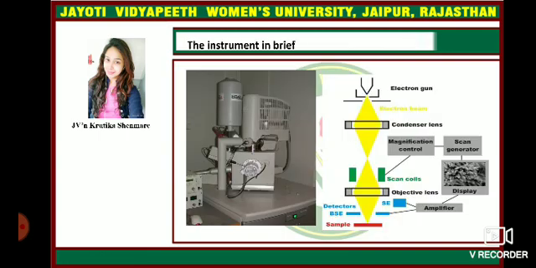The instrument in brief. So this is the instrumentation, that is, we have an electron gun. The electron gun releases electron beams. Then there's a condenser lens which condenses the beams and concentrates them to a particular point. Then there are scan coils which scan the image to the required wavelength, and there's an objective lens, and then the objective lens sends the beam to the detectors and where there's a sample. With the scan coils, the magnification is done, and then there's a scan generator, and then it can be displayed.